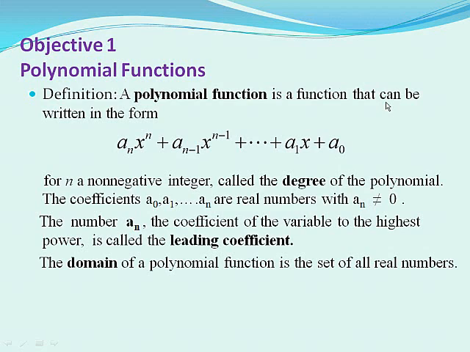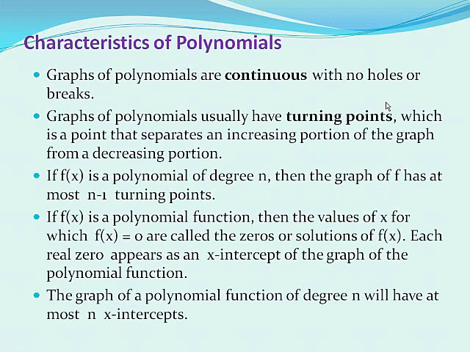The number a sub n, the coefficient of the variable to the highest power, is called the leading coefficient. The domain of a polynomial function is the set of all real numbers. Characteristics of polynomials. Graphs of polynomials are continuous with no holes or breaks. Graphs of polynomials usually have turning points, which is a point that separates an increasing portion of the graph from